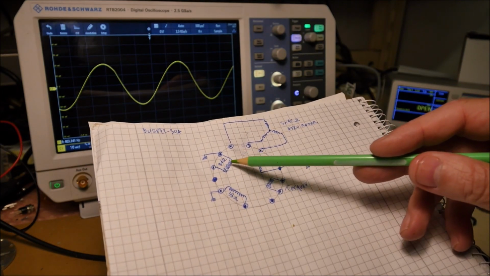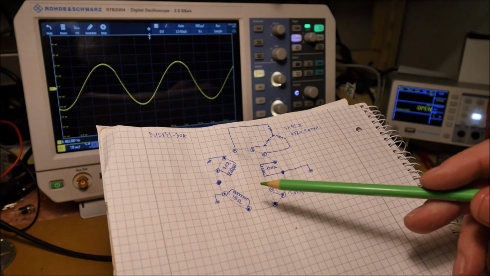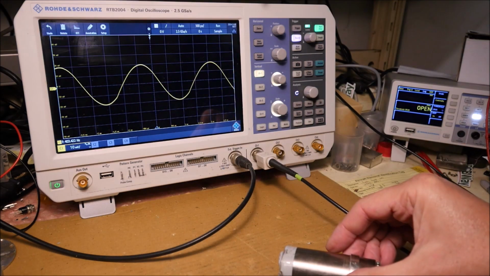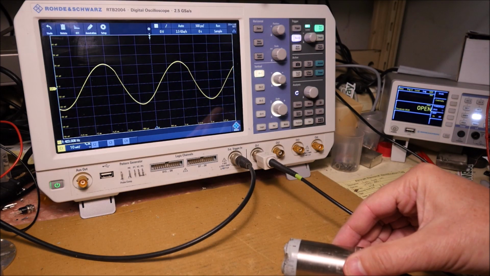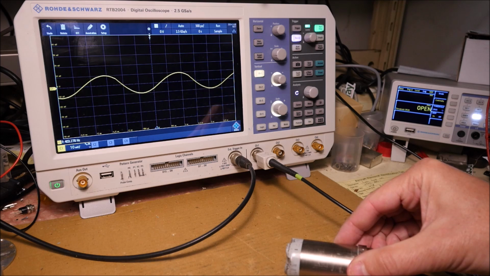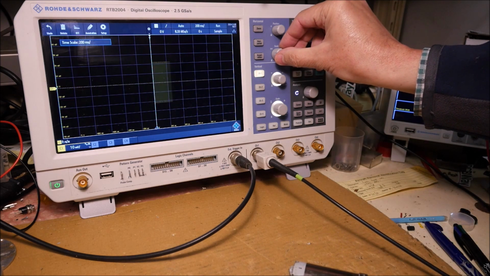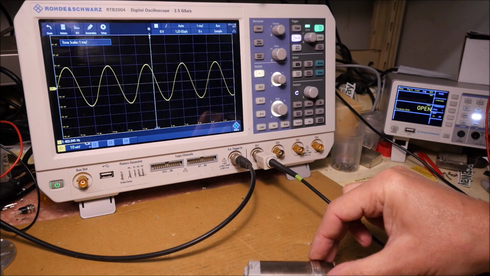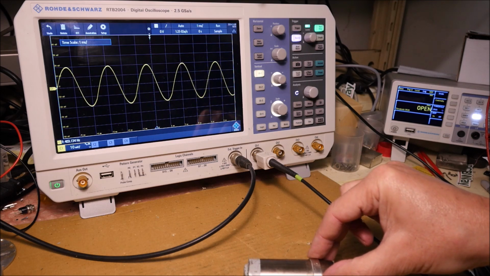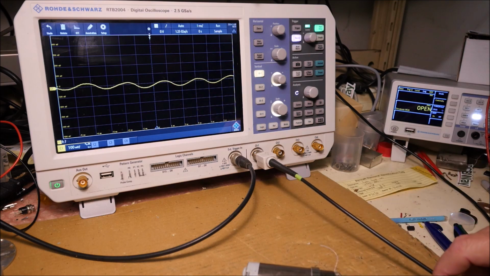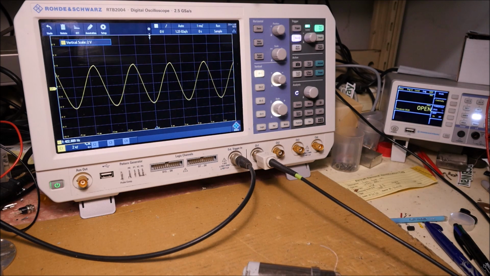And I have connected to this winding the oscilloscope, which is synchronized to the function generator in order to be able to see the phase. So you can see that we have a phase reversal. Of course, it is difficult to have zero because this thing is unstable. Maximum amplitude is 400 millivolts peak to peak for an excitation voltage of 8 volts peak to peak.